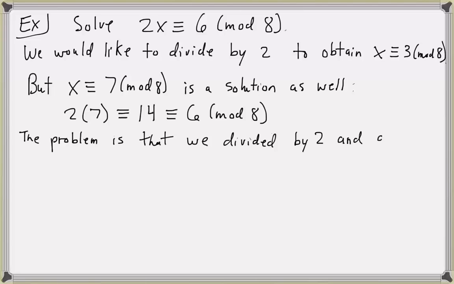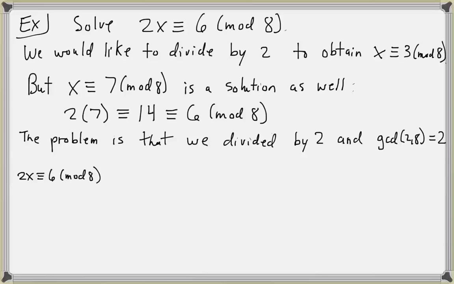In other words, the greatest common divisor of 2 and 8 equals 2. So if you divide by a number that's not relatively prime to the modulus, you have to change the modulus. Here's why. So if 2x is congruent to 6 mod 8,